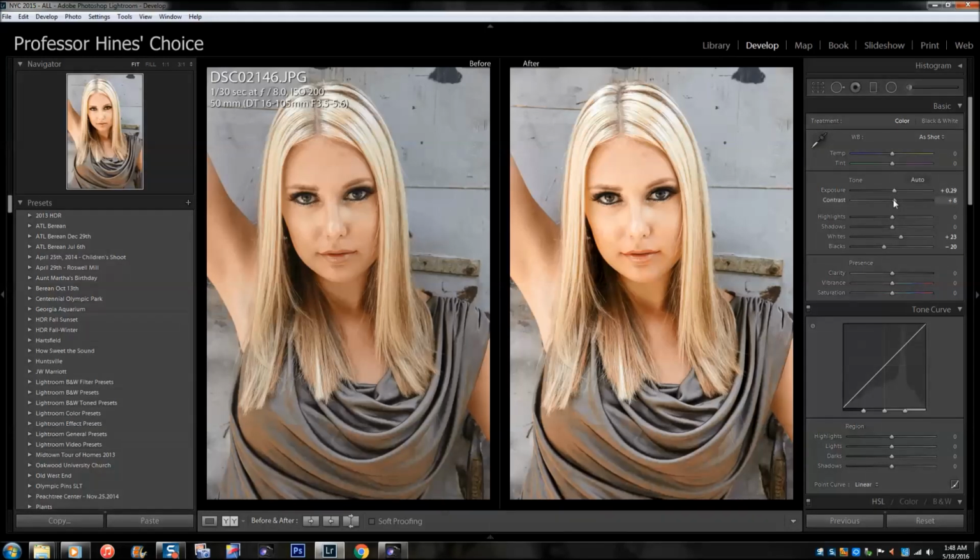I'm going to back off the contrast because I really don't want it to be very harsh in any way. I always like for my fashion and beauty images to be very soft, very calm, especially when dealing with any of my female models that I happen to photograph. So we're just going to come back a little bit on some of these